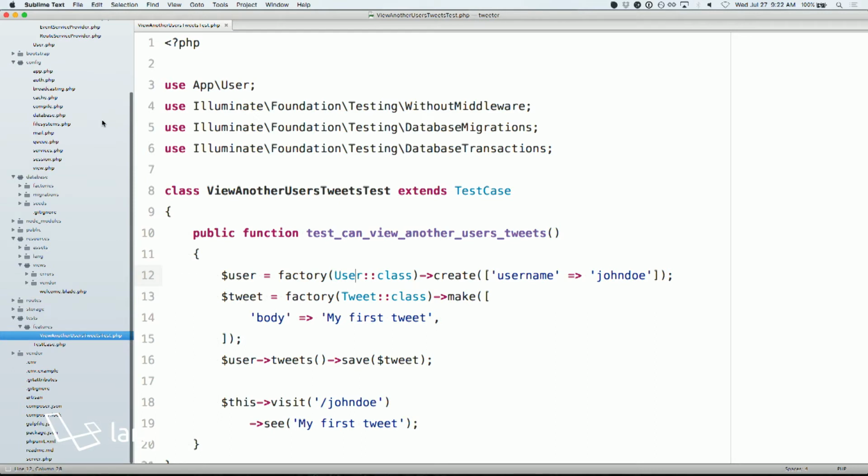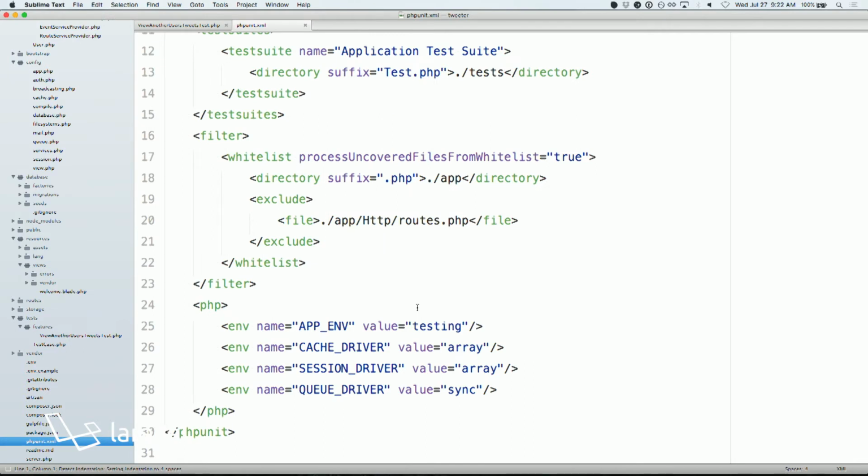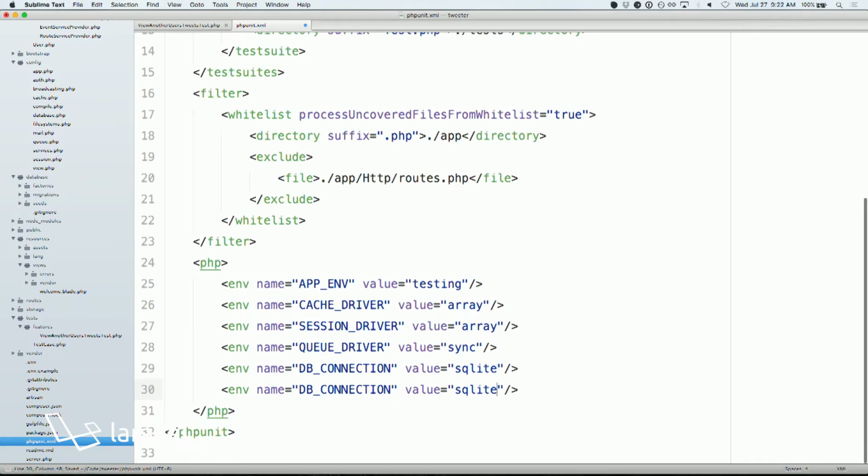Well, I like to use an in-memory database whenever possible, like a SQLite in-memory database for tests. Sometimes you outgrow it, but as a starting point, I think it's a reasonable thing to try. The way that we can do that is by adding a few environment variables to our PHPUnit configuration. Down at the bottom here, we can say DB connection should be SQLite. And then our DB database, which is usually the file name where you want this SQLite file stored. If you use colon, memory, colon, it's just going to create one in memory at the beginning of every test that's not actually saved anywhere, and just discard it at the end. So if we run these tests again,